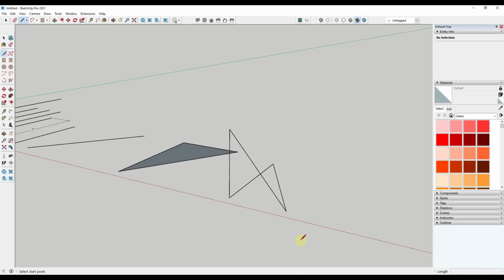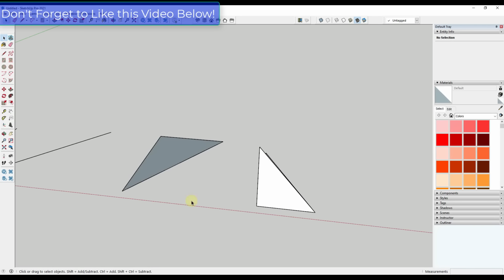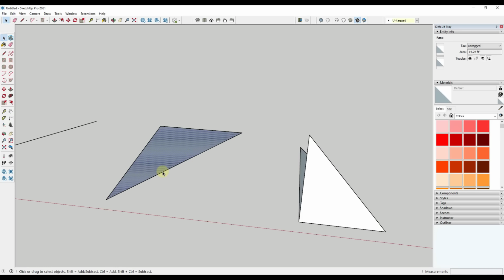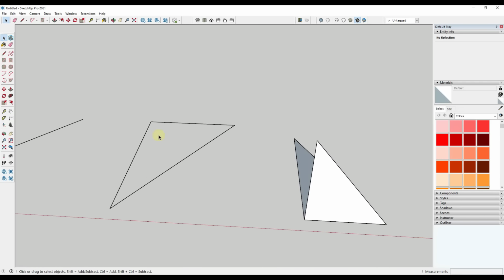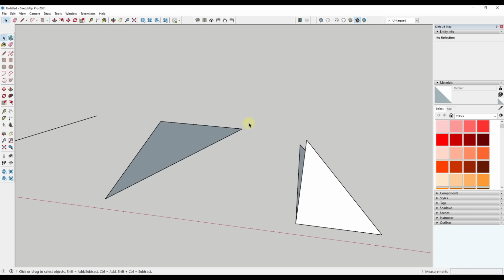Well, all I need to do if I want that face to come back is just redraw the line across the edge. That works the same way over here. So let's say this face got deleted, right? Let's say I clicked on it, I hit the delete key, and now I have no more face in here. Well, all I have to do is just retrace over one of these edges and then click in order to fill that back in. So if you ever lose that, or if you ever lose an edge like this, all you have to do is just redraw one of those lines in order to get your face